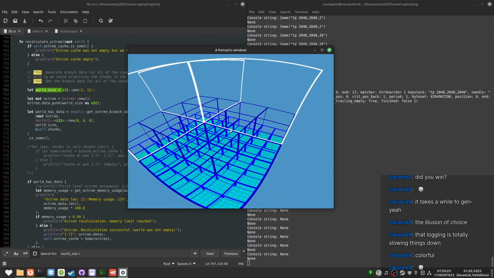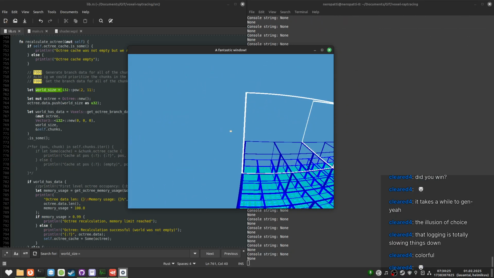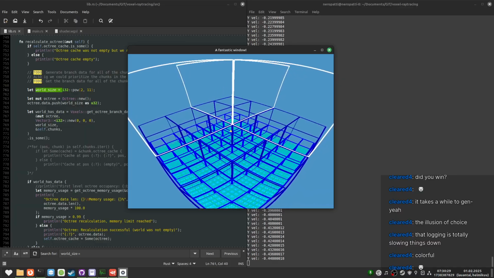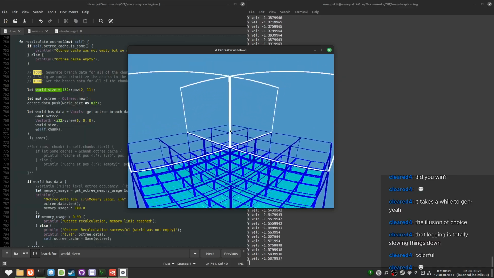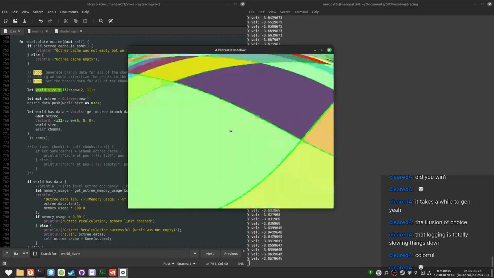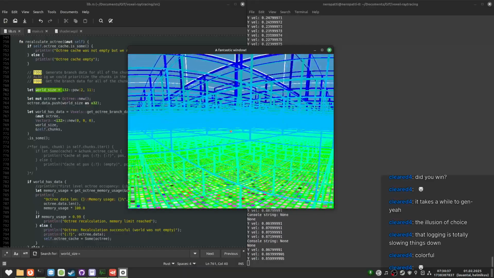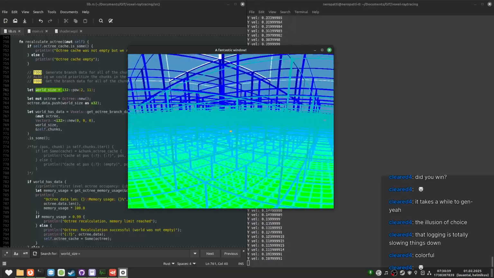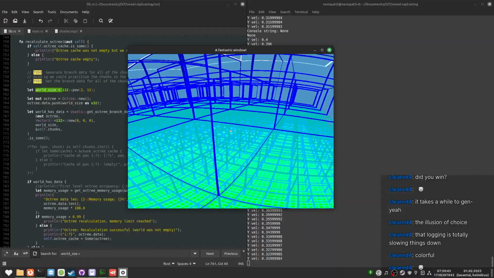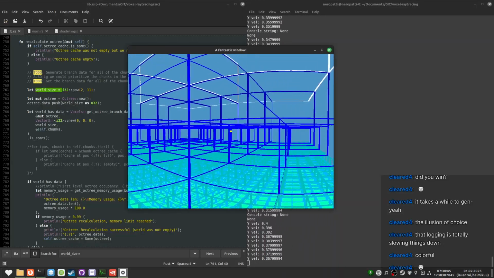Oh, there we go. This is the edge of the world. Let's actually fall down. Whee! Jumping doesn't require you to land on the ground. You can just jump forever.